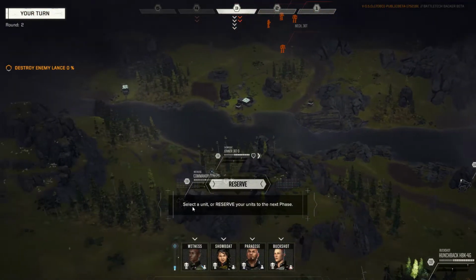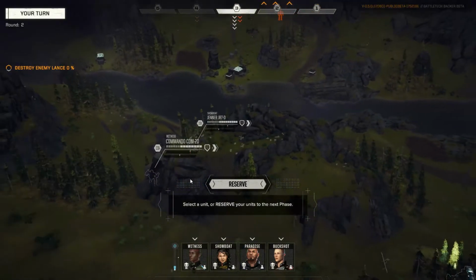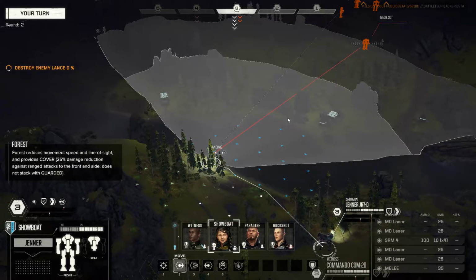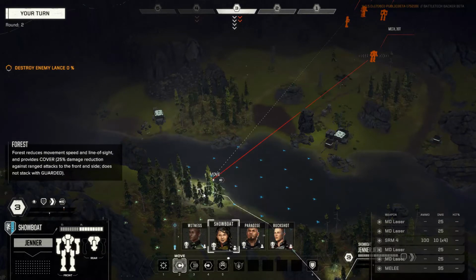Right, let's get some people in there. Let's pick the Jenner. Where's the Jenner? You. What can I do for you? You're going to move over here. Over there. Move over there. Is that guarded? I think that's in the forest. Is that for the forest? It is in the forest, so you're gonna get